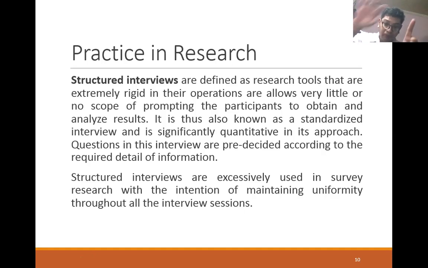Question number 1, this is it. For example, demographic profile. Question number 2, these are the questions there. Number 1, 2.1, 2.2, 2.3, etc. How long you want to ask is a case to case basis. Number 3, question number 3, and so on. So in a structured interview, what you ask to the first respondent will be the same question you ask to the second respondent. There is no difference.